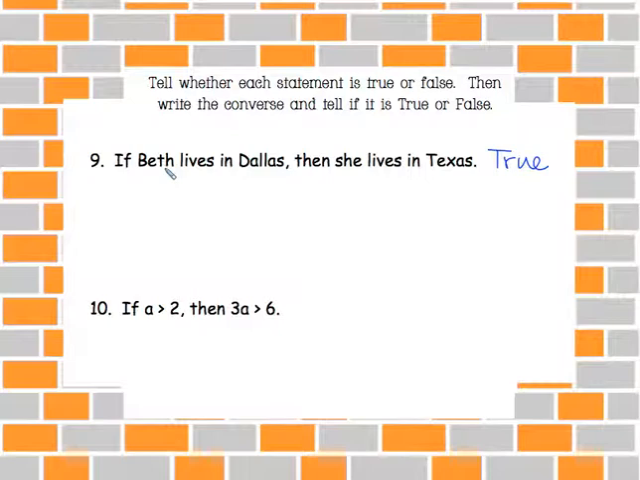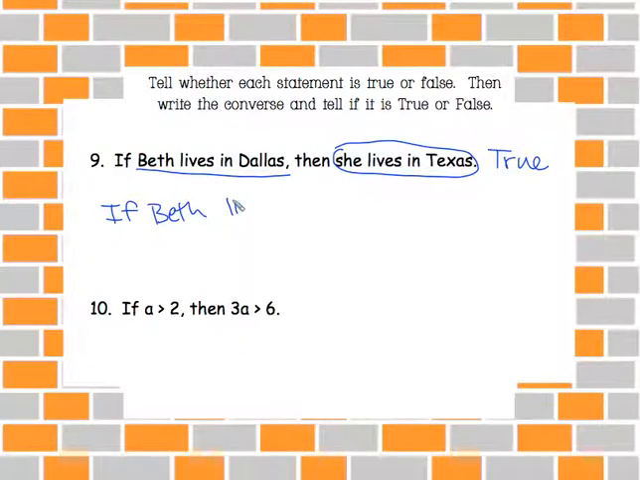So the converse of that, remember, you'd flip the hypothesis and conclusion. So if this is the conclusion right here, she lives in Texas, this is the hypothesis, Beth lives in Dallas. Now the thing is, you want your sentences to make sense. So we wouldn't say if she lives in Texas, then Beth lives in Dallas, because you always say her name before you say she. So you would say if Beth lives in Texas,